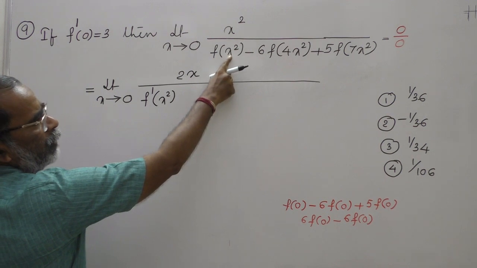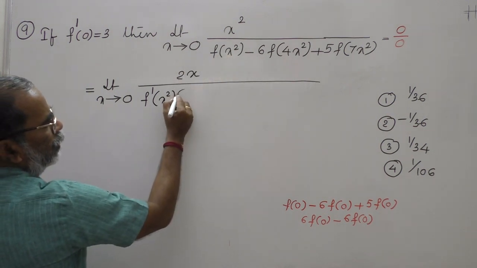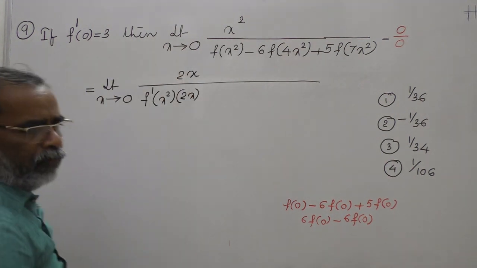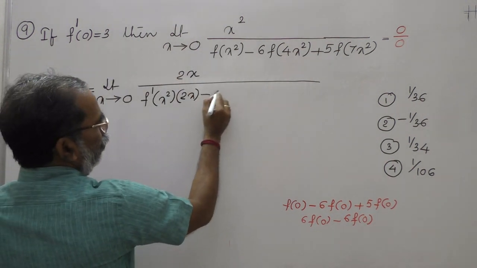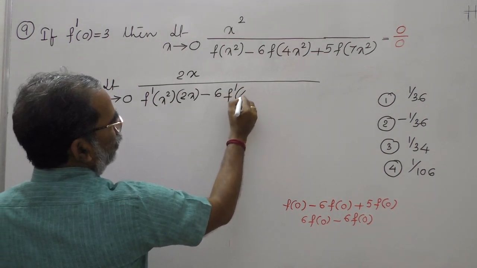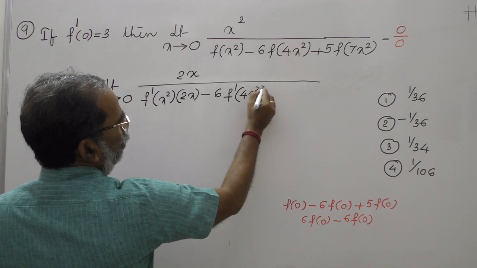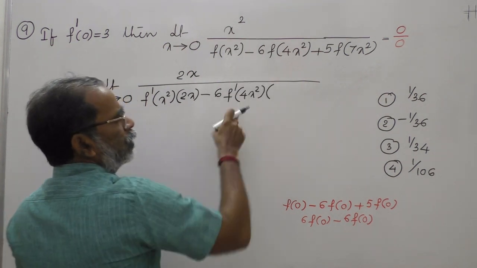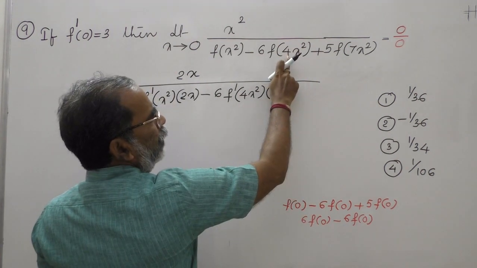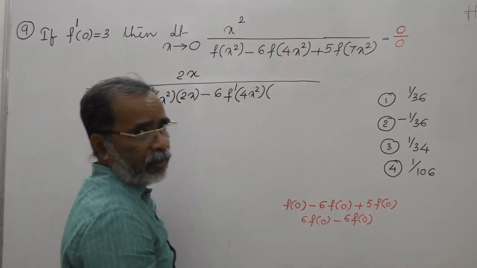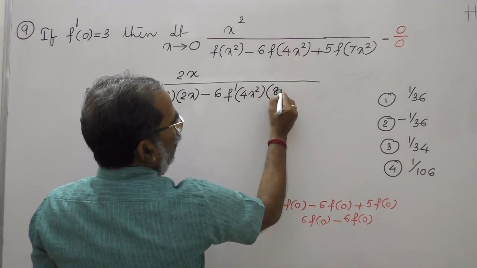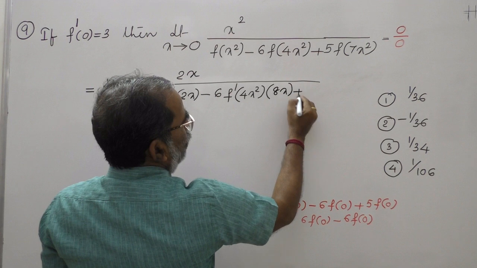But in place of x, we have x square. Now, differentiation of composite function. Again, you have to differentiate that. Next, minus 6 into the function's derivative is f dash of 4x square. So this is the derivative of f of x is f dash x, but in place of x something other is there. You have to again differentiate this. You will get 8x. Next, plus 5 into